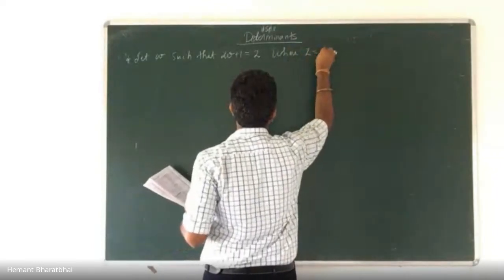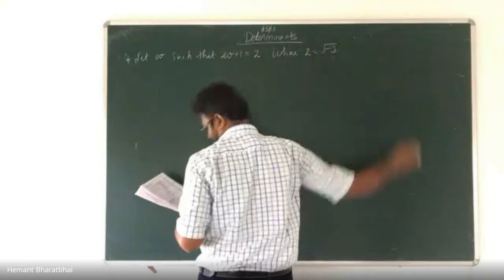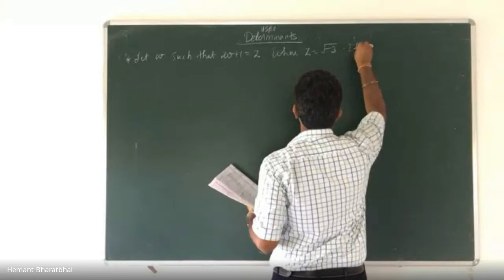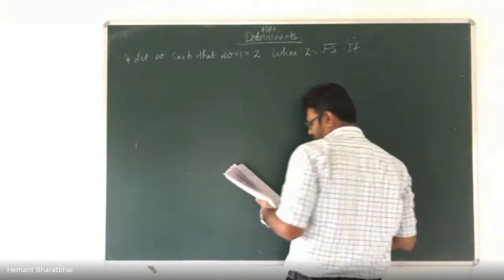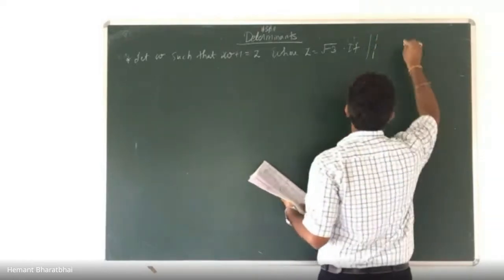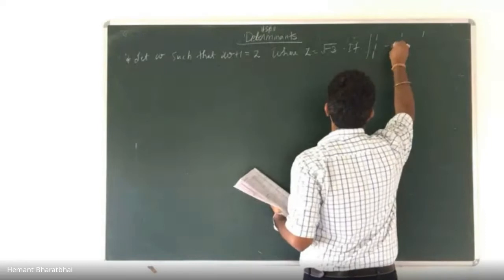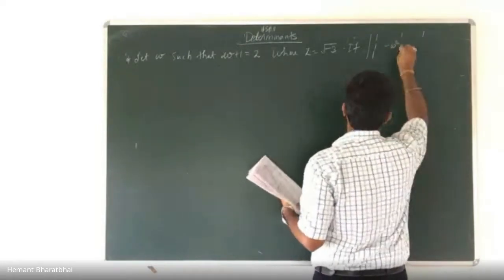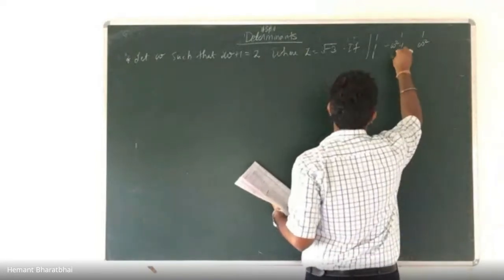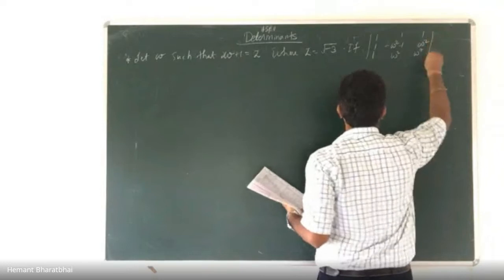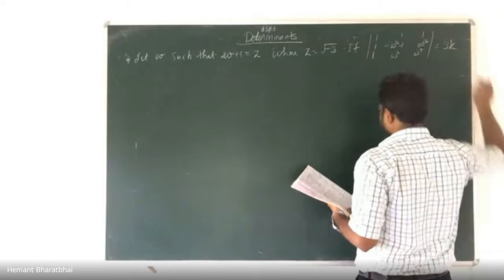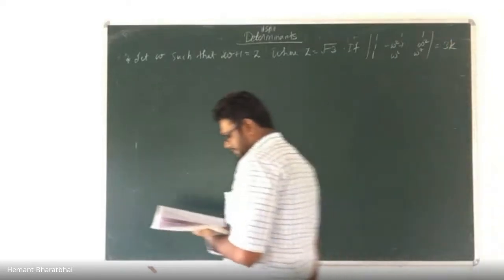Where z is equal to under root of minus 3. If the determinant with rows 1, 1, 1; 1, minus omega square minus 1, omega square; and omega raised to 7 is equal to 3k, then the value of k is